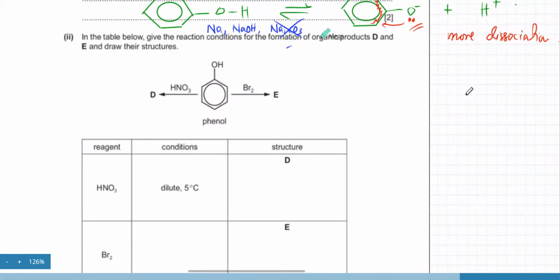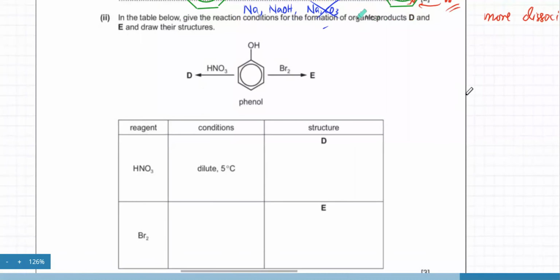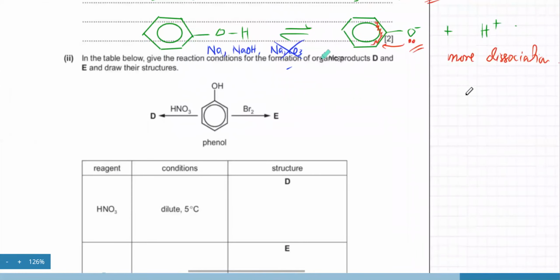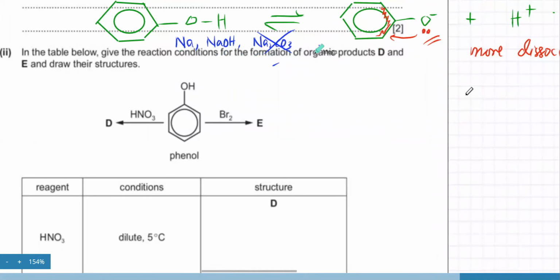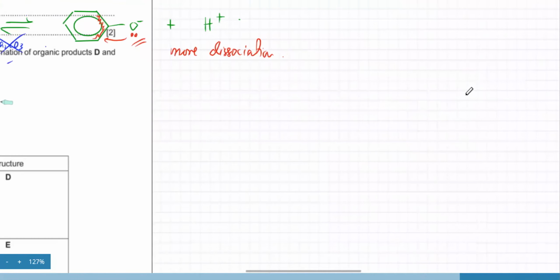Now, the next part of the question is about electrophilic substitution. They're asking for the formation of the organic product D. They did two electrophilic substitution reactions for benzene that you have to study. One is the bromination or chlorination of benzene, and the other one is nitration of benzene, which happens with nitric acid. And the reaction is that a normal benzene needs a catalyst. So if you have a